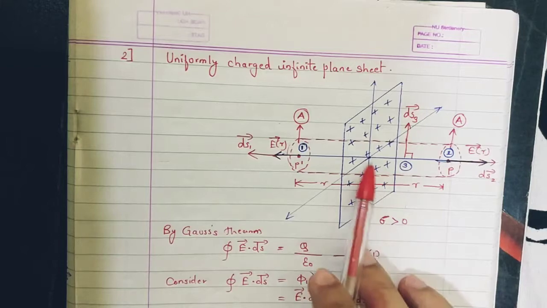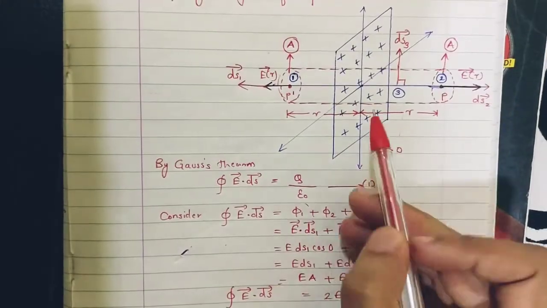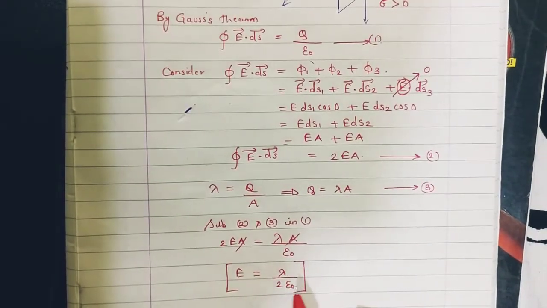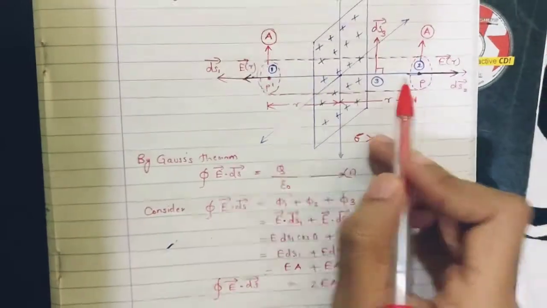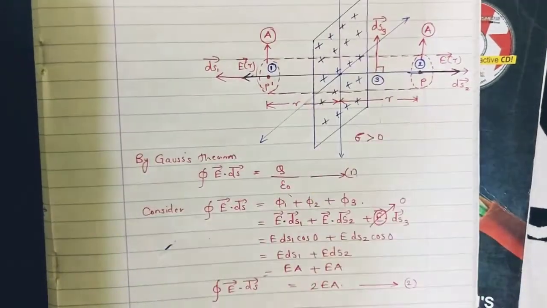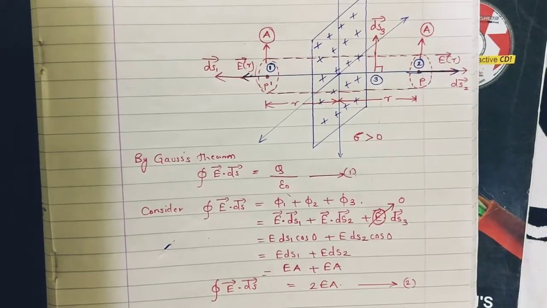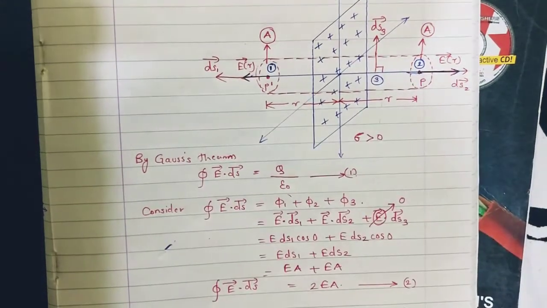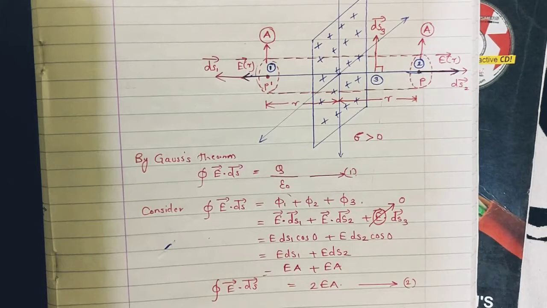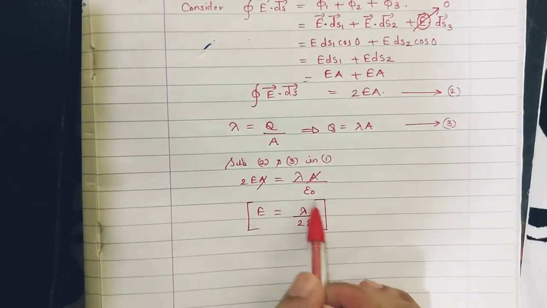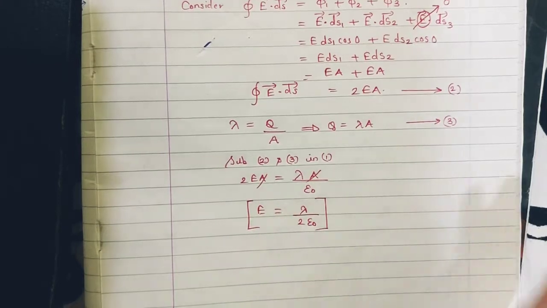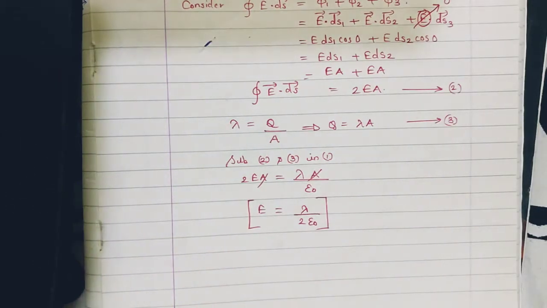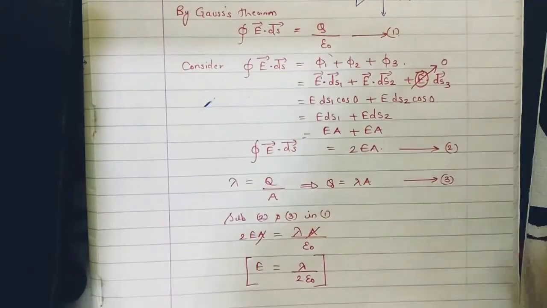At point P, which is at a distance of r, if you see here, the electric field which you got, which is lambda upon 2 epsilon naught, is independent of this r. So you go any distance away, the electric field will remain uniform. You stay at 10 centimeters, you go to 20 centimeters, 30 centimeters, and so on, the electric field is going to remain the same for a uniformly charged infinite plane sheet, because this expression is independent of r. It only depends upon lambda. The more the lambda, the more the charge density, the more will be the electric field. That's it.